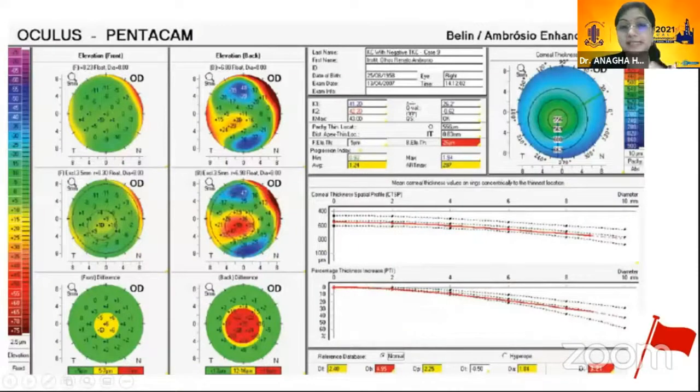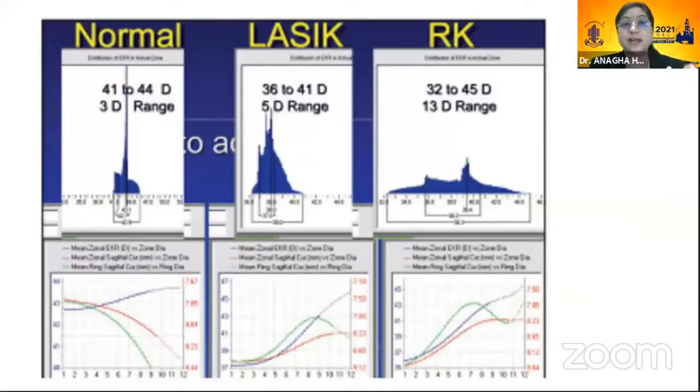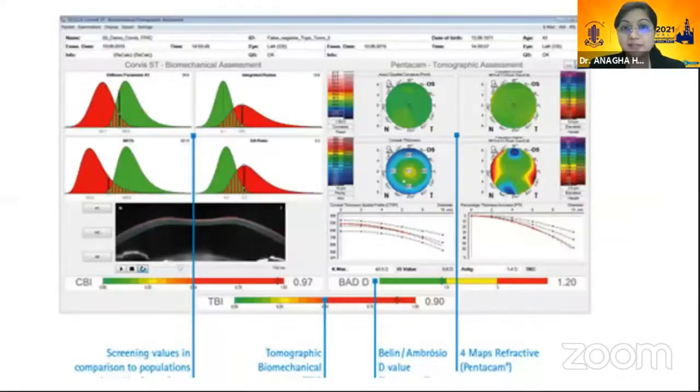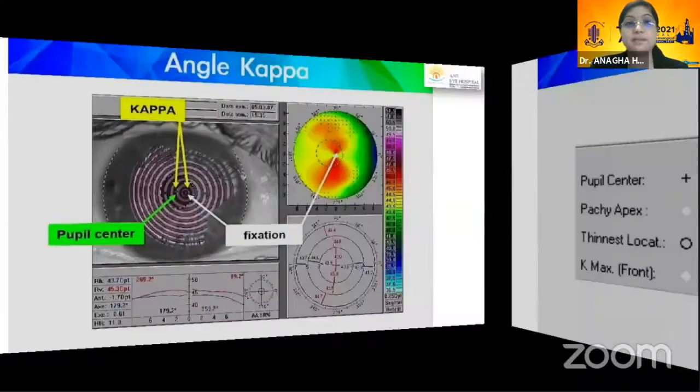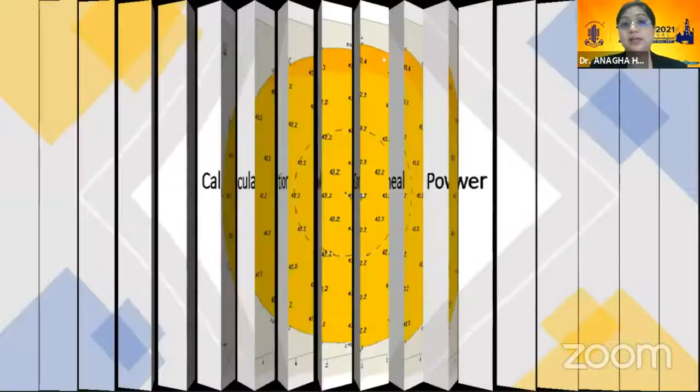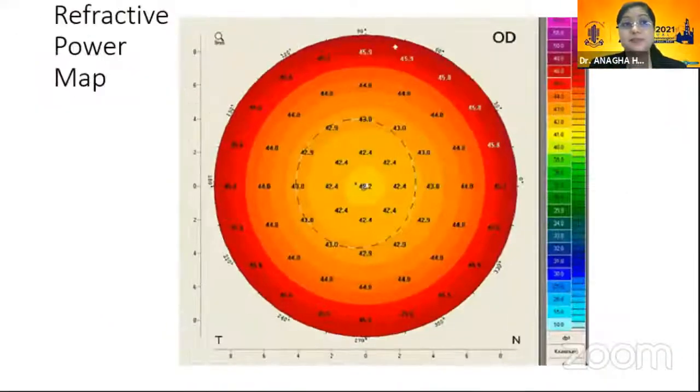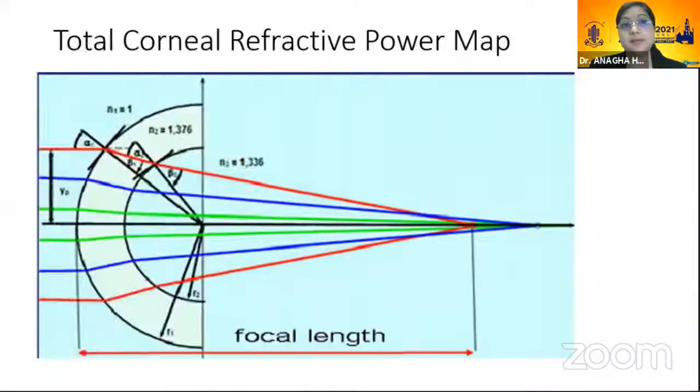So these are various gates that you have. So you have a color coding of yellow at 1.6 and red at 2.6. You have the EKR graphs that you can see here. You have the tomographic and the corneal biomechanical index. You have the angle kappa. If it is abnormal, then a lot of other maps like the refractive true net power map, EKR map, TCRP